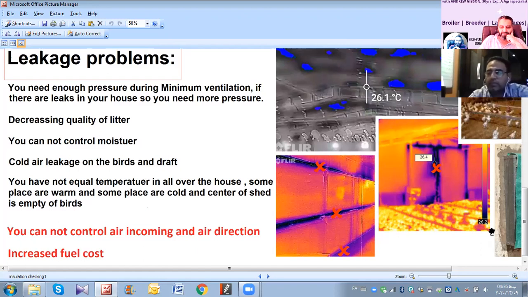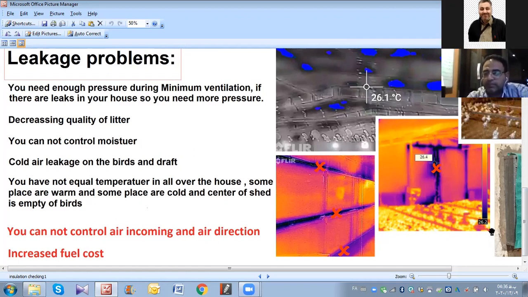You know better than me, you need exact direction for the air to exchange with the warm air at the top of the shed near the roof, and after warming it drops down. Fuel cost increases. This is very important for the farmer.